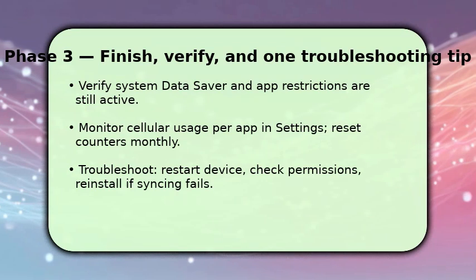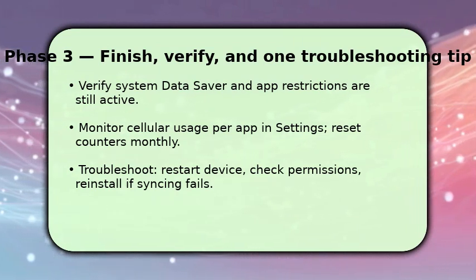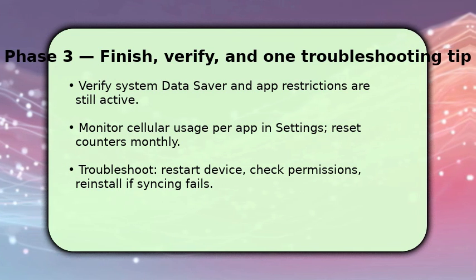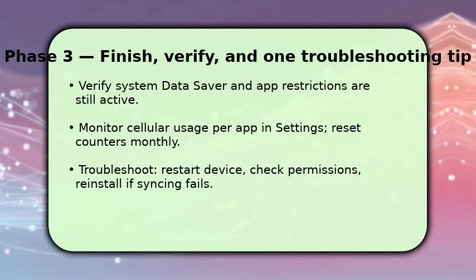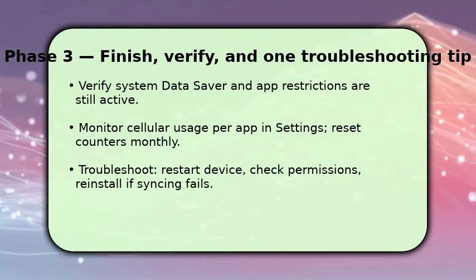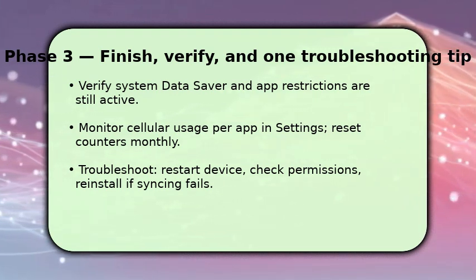To finish, double-check System Data Saver and the app restrictions you applied. Confirm Media Auto-Download and backups are set to Wi-Fi only. Then monitor WhatsApp's cellular usage in Settings, Cellular, to ensure the changes took effect, and reset counters monthly